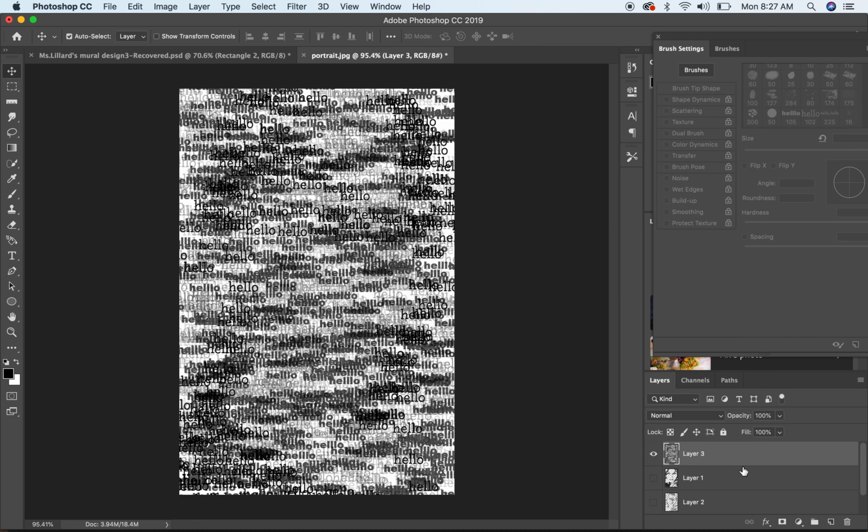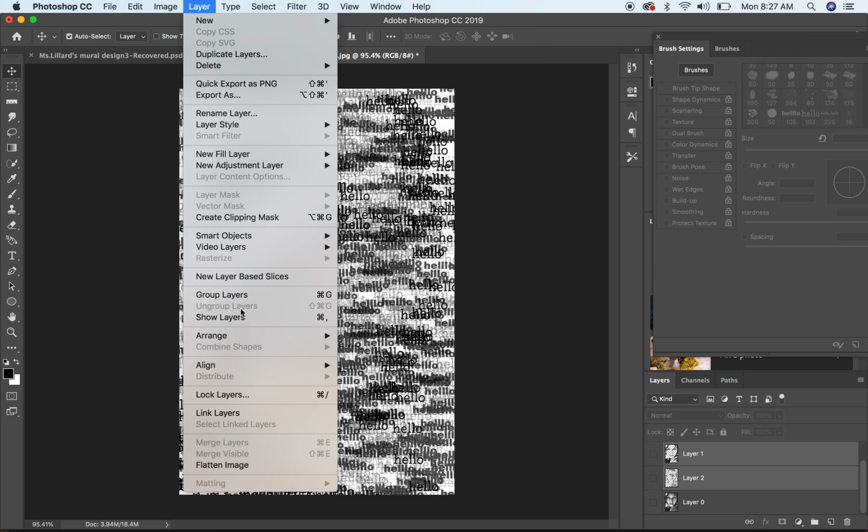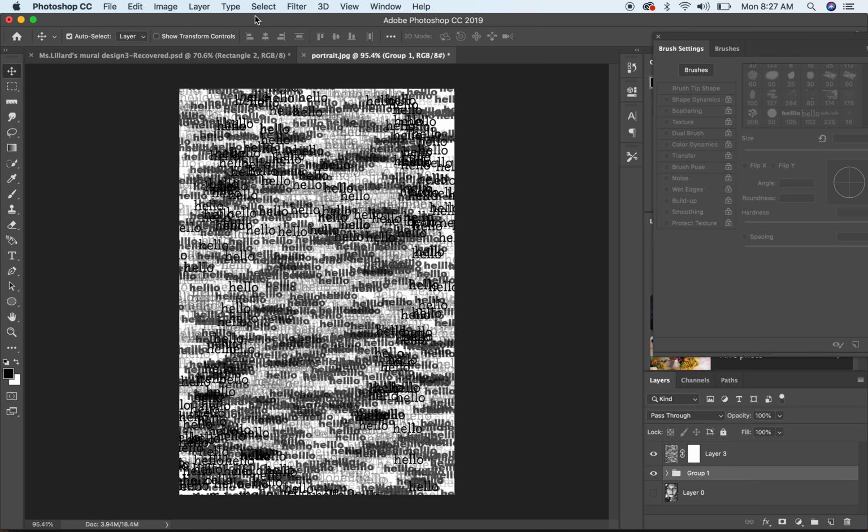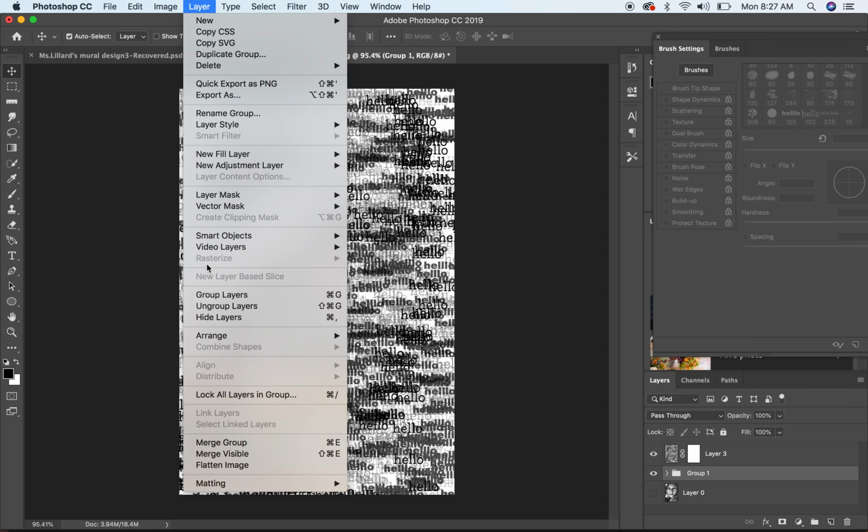Awesome. I'm going to make a layer mask for this layer because I don't want to see the words just like that. I only want to see them where the portrait features are. So I'm going to hold down layer 3, choose a layer mask, and then these two layers, layers 1 and layer 2, I want to combine into a single layer. So I will group those layers, and then with group 1 selected,